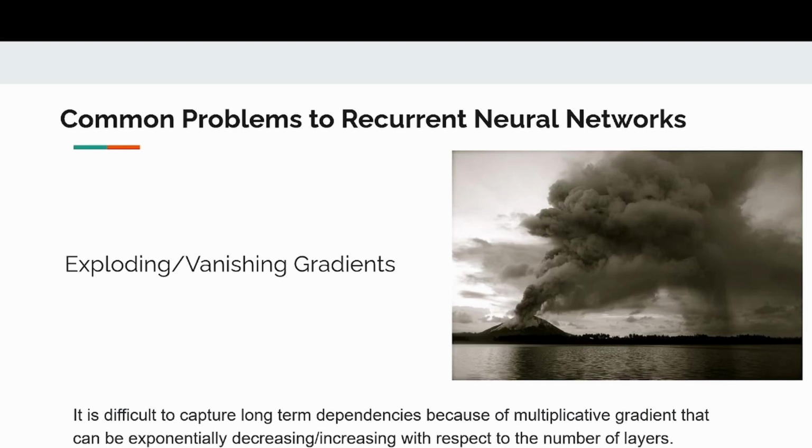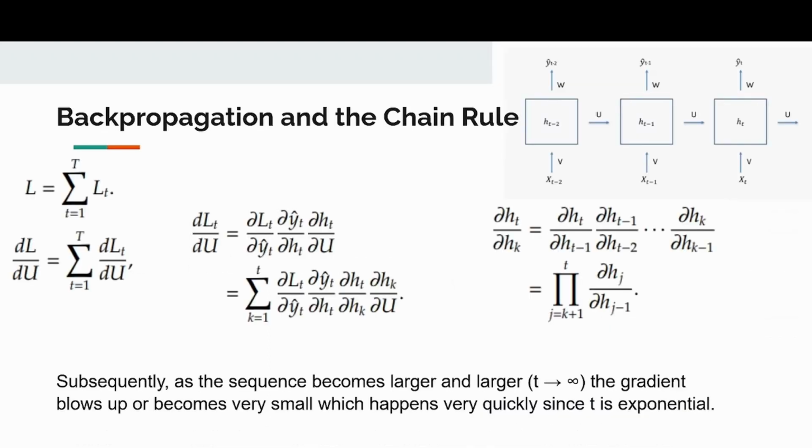We can see a sentence like, "In the sky there are blank." A recurrent neural network could easily predict that based on the previous words. However, recurrent neural networks have trouble as these sequences become longer. The reason behind this goes into backpropagation and the chain rule behind it. As there are more timestamps in our sequential data, our gradient starts to expand larger and larger.